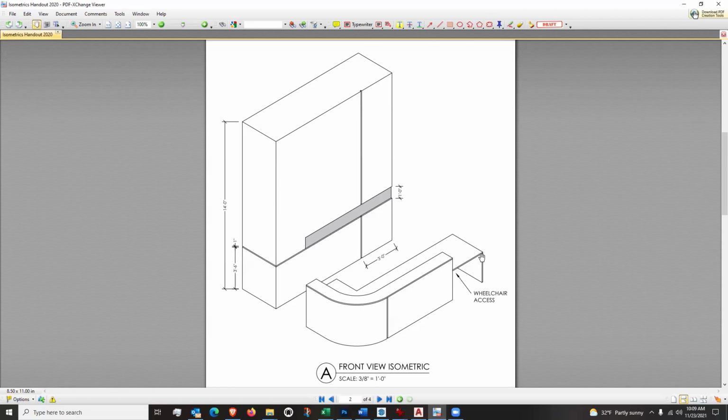So you need to have an area of your reception desk that is lower, at a 30-inch height, so that a wheelchair person can pull up and tuck themselves right underneath the desk and be able to sign papers or do whatever interaction they need to do with the person behind the desk. You can also, it is permissible to have a side access